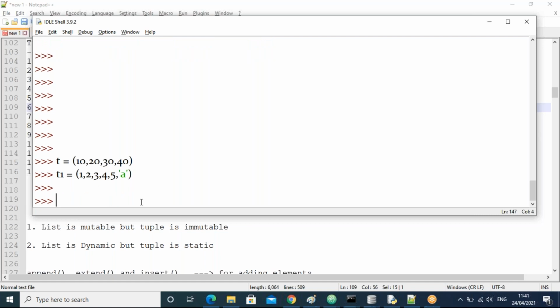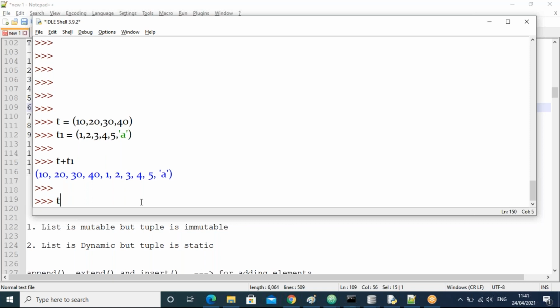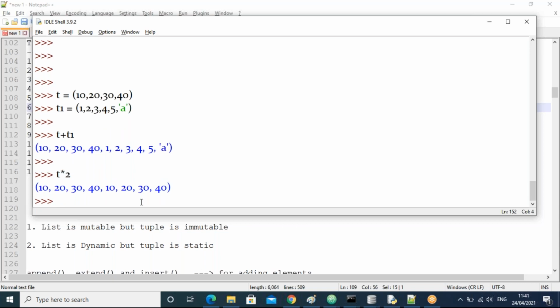Right. Now t plus t1. Observe. It's called concatenation. And t into 2. What is t? 10, 20, 30, 40 into 2 means it repeats 2 times. It's called multiplication, or also called repetition.